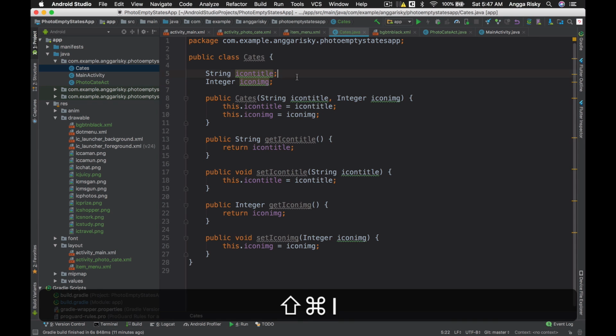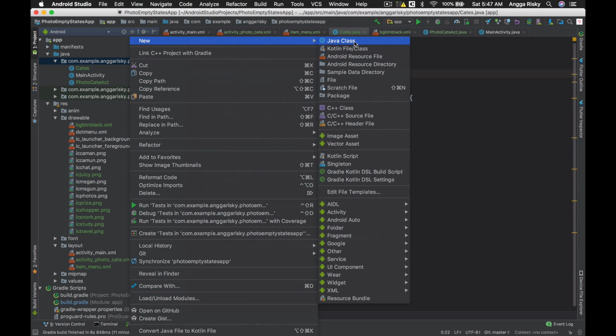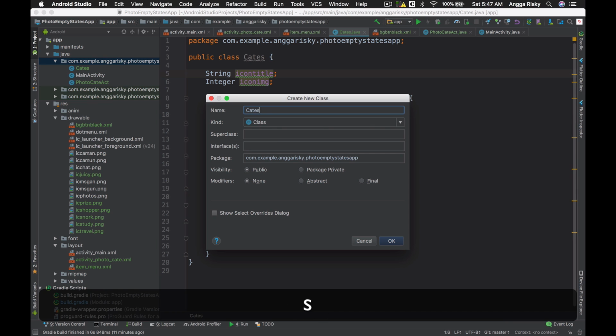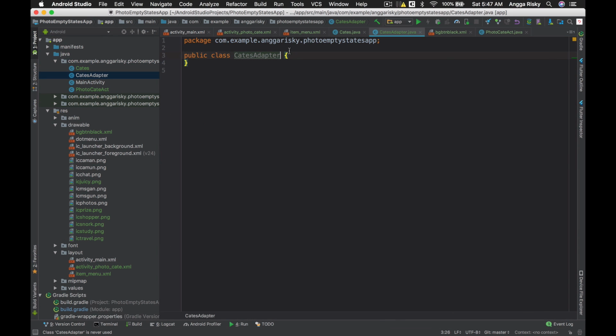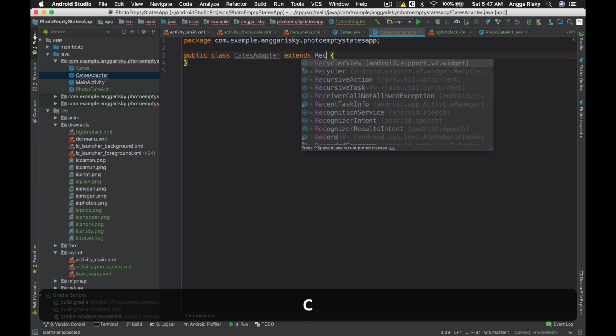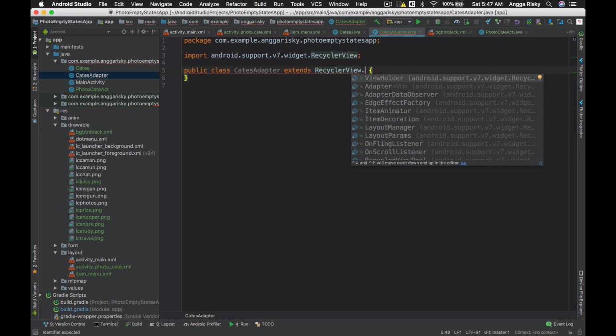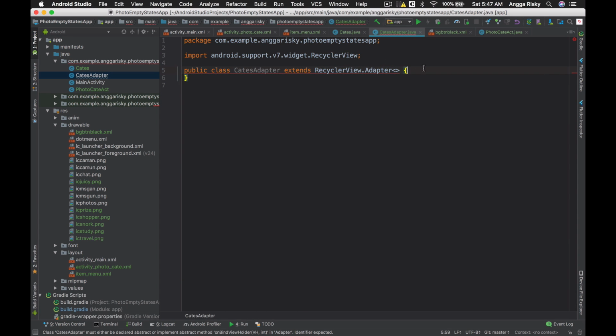So yeah, this is for the Catus Java. Now we're going to create another Java class for the adapter, so Catus adapter. Okay, and then in the public class we have to extend the recycler view adapter like this. Okay, as for now, just leaving it first.